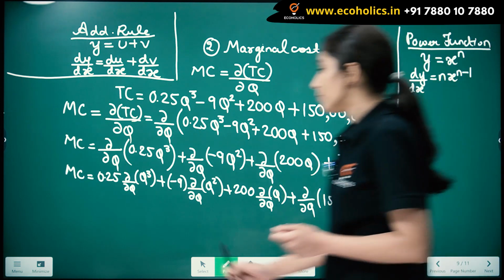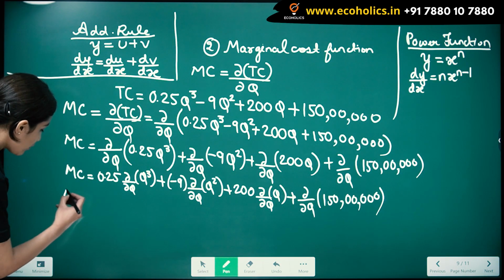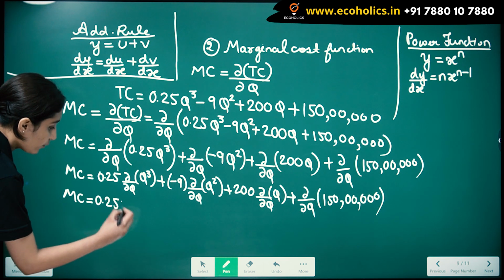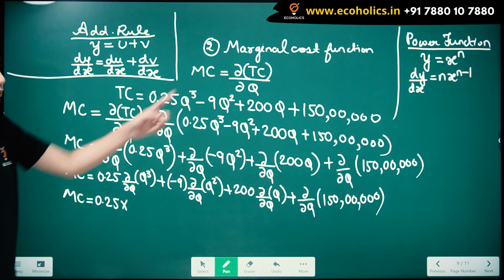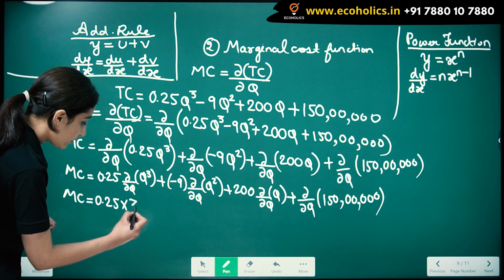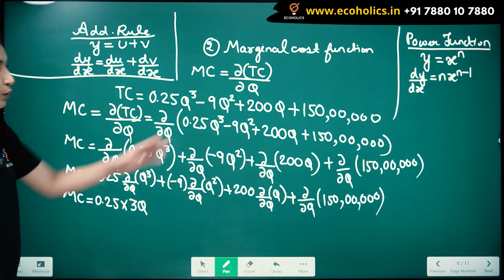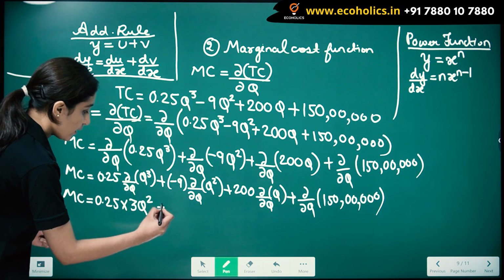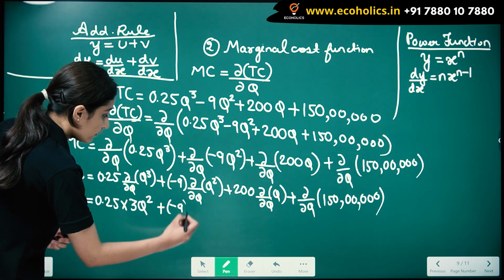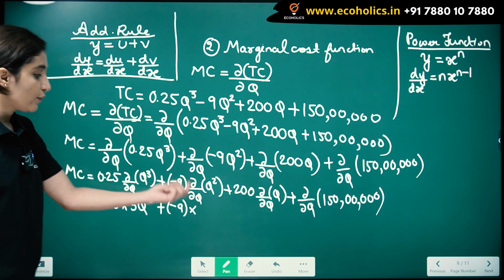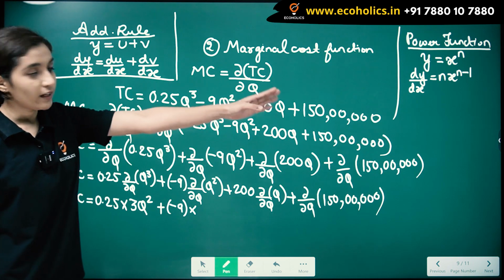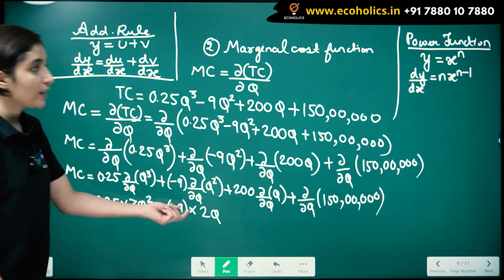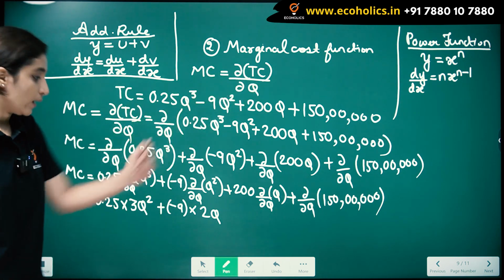So what do we get as marginal cost is equal to 0.25 into, in this case n is equal to 3. So we get 3q into 3 minus 1 is 2, plus minus 9 into differentiation of q square. In this case n is equal to 2. So we get this as 2q raised to 2 minus 1, that is 1,